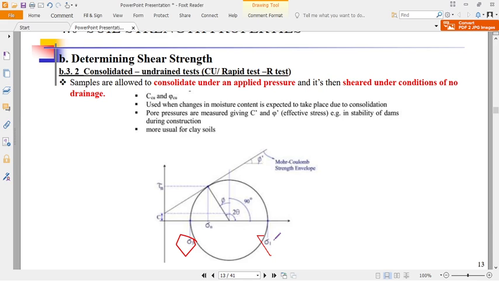Then for this one here, since for sand normally we don't get any cohesion. Is that okay? So it is usually suitable for sand soils. In the absence of pore water pressure, the strength of sand